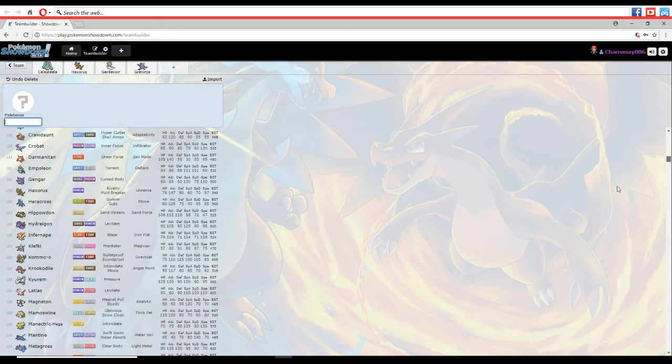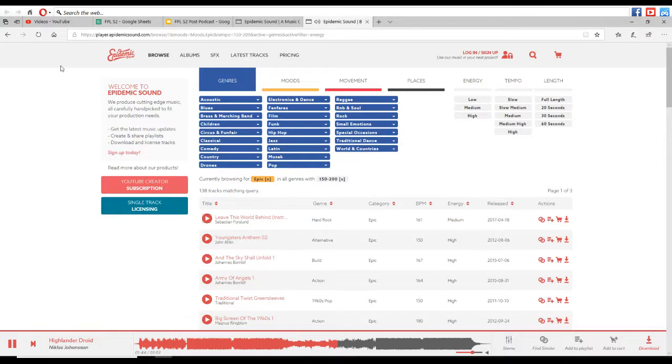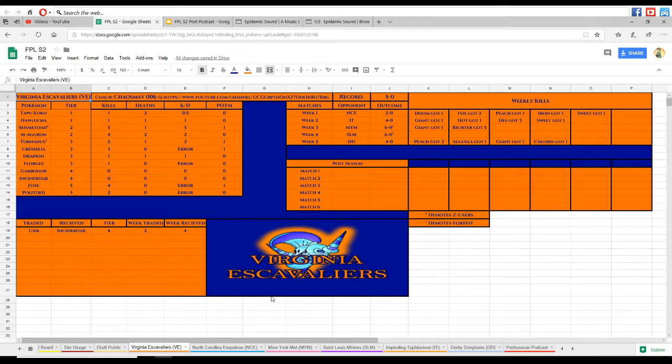You just gotta figure out what Pokemon work really well together, and which ones you want to use. So I'm gonna actually show you my team for this season. Look right here, this is my entire sheet for this past season. So I went Tapu Koko, Hawlucha, Seismitoad, Mega Aggron, Tornadus, Cresselia, Drapion, Florges, Garbodor, Incineroar, Jinx, and Politoed for my